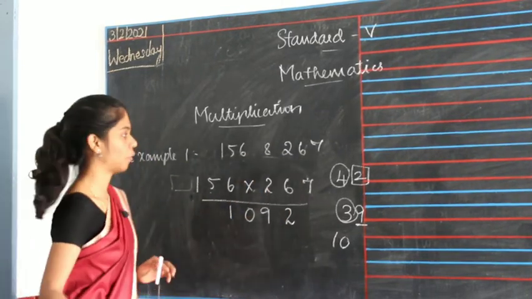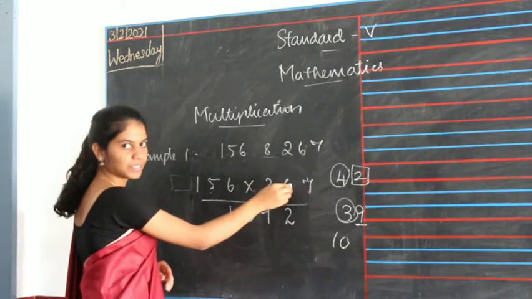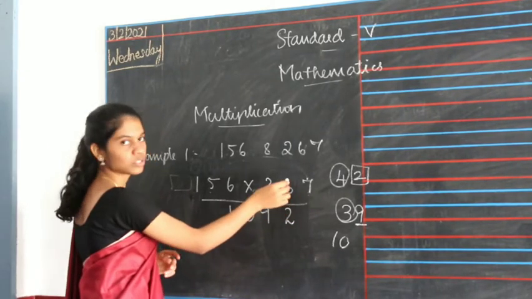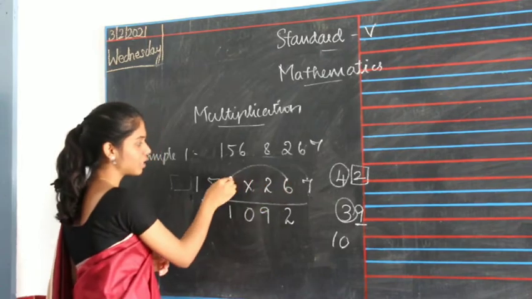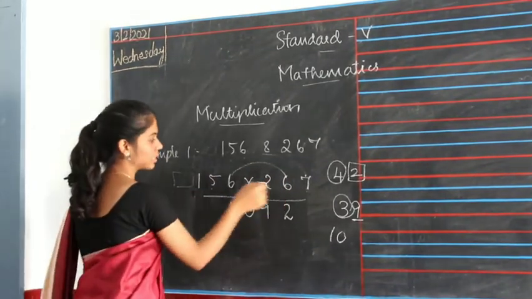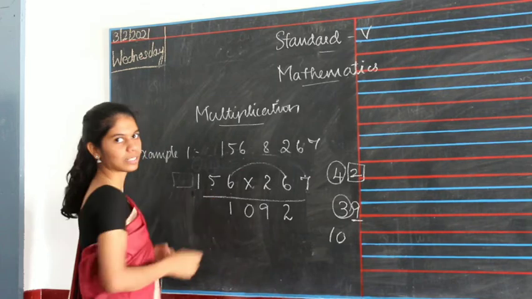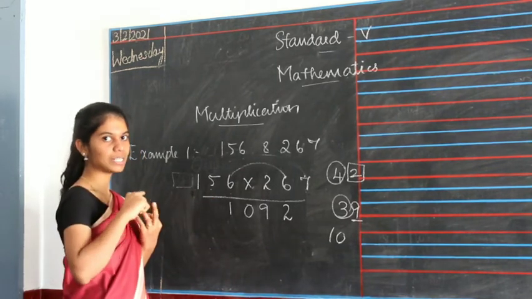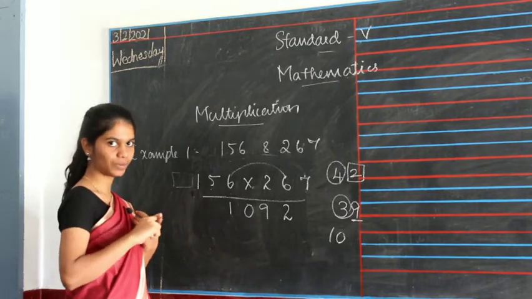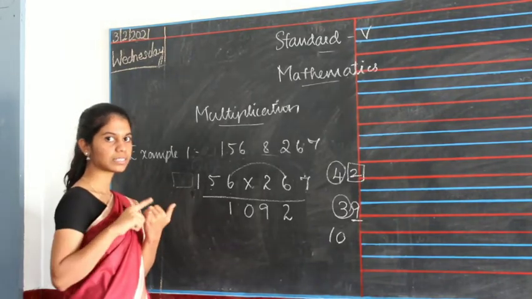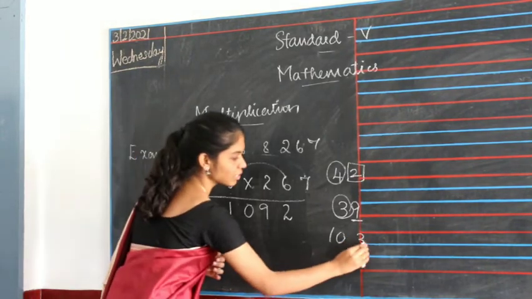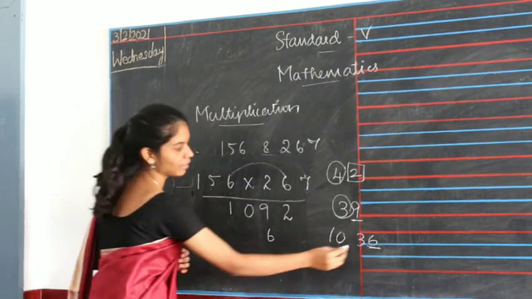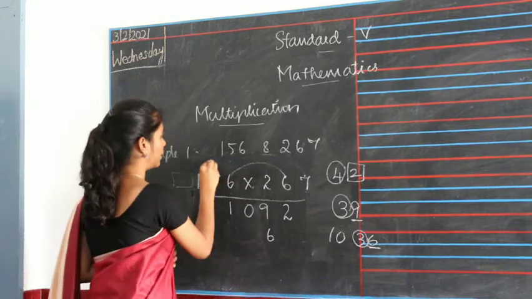So now here you have 6. The next number before 7 is 6. So 6 multiplied with the first unit number. 6 1s are 6, 6 2s are 12, 6 3s are 18, 6 4s are 24, 6 5s are 30, 6 6s are 36. 6 is the unit that you will write down, and 3 is your carry that you will write on top of the next number.